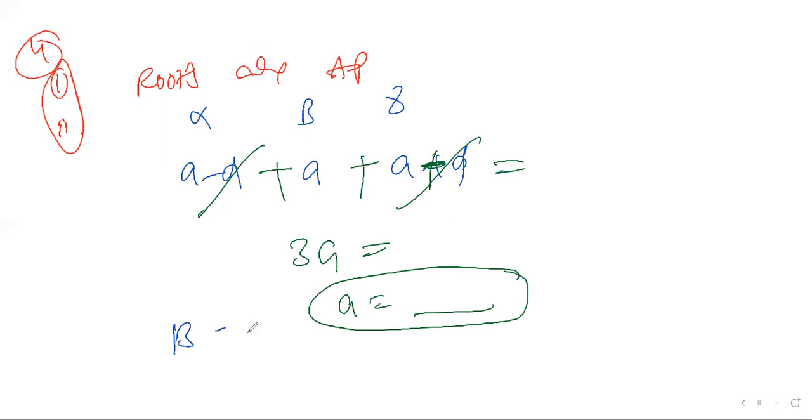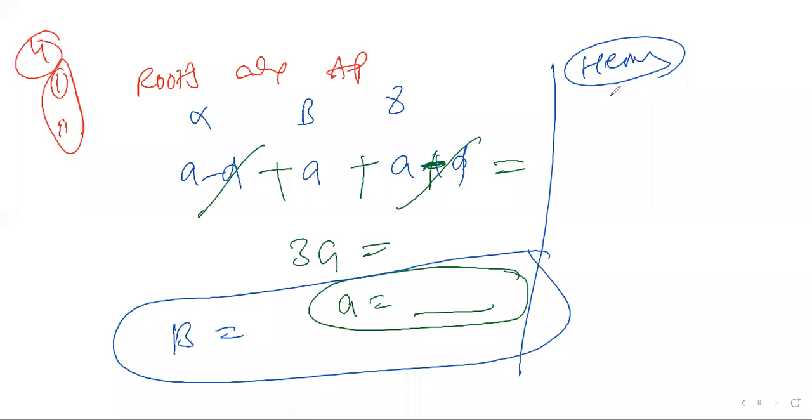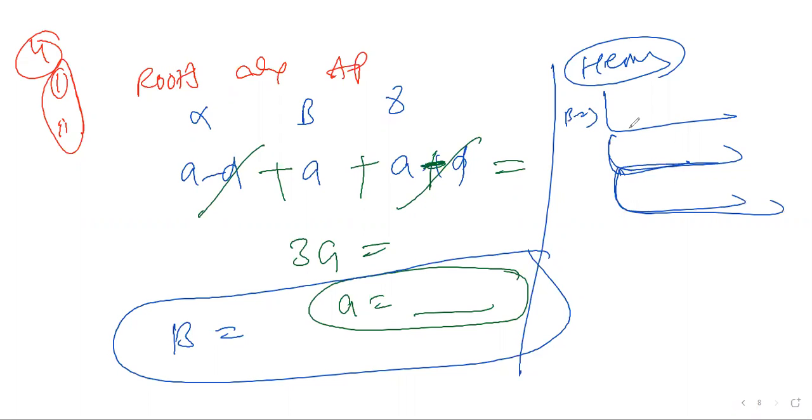Once you have beta, you know, by using Heron's method, what you're going to get out. Like this you do, right? Beta is equal to minus 3. You'll get a second order equation. Solve the second order equation and you'll get the other roots, alpha and gamma. So like this you can do for two questions.